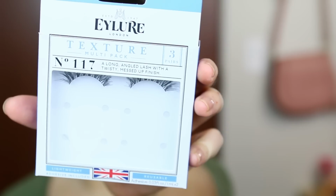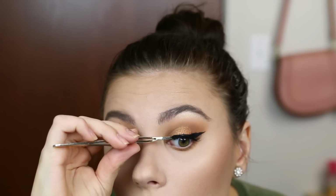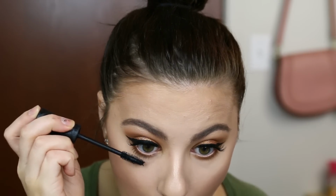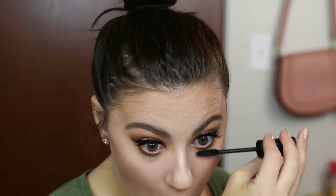And then I'm taking these 117 Texture Allure lashes and putting those on my lash line. These are so nice and natural, but they add just enough so that you don't feel kind of naked with a winged eyeliner. Sometimes I just feel weird with winged eyeliner and no lashes because it kind of takes away from the lash area. And then I put mascara on the lower lash line, and I'm using this NYX retractable lip liner, and